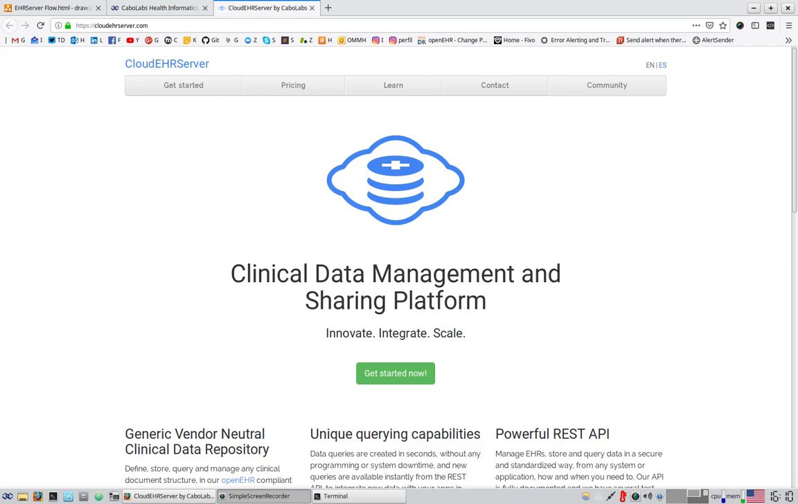Hello, this is Pablo Pasos from CaboLabs Health Informatics, and in this video I will try to guide you through the process of creating, storing and querying clinical documents compliant with the OpenEHR standard using the EHRServer as a clinical information repository. This is the first video that I will do in a step-by-step way, trying to show you every step you need to do to actually use the EHRServer and use data that is compliant